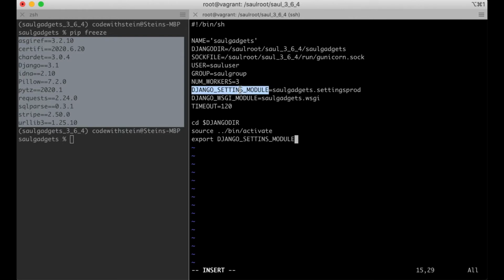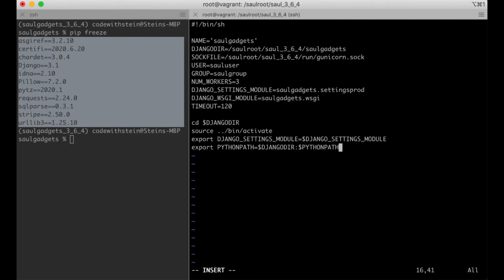Okay, this will be settings, not just settings, but it will still work here because I have the same here as there. Equals Django settings module. Export, no, I should fix it just in case. Settings, export Python path equals Django there, colon, Python path, like that. Run there equals $, their name,